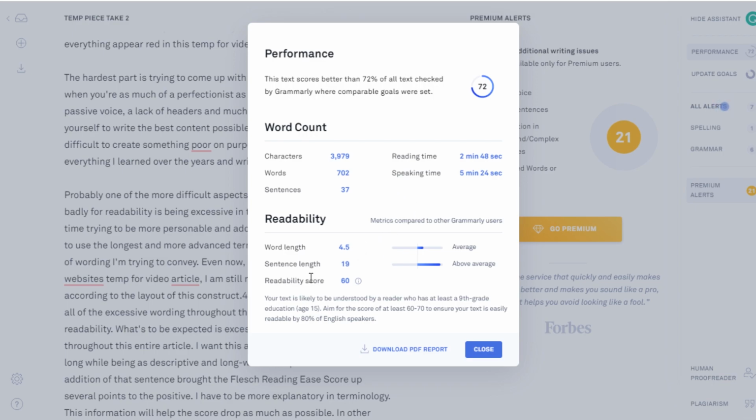Grammarly also comes with a readability score that gauges word length, sentences, and the Flesch Reading Ease test score, which is this guy right here. That's exactly what Yoast SEO said this article was. You can also download the PDF of the report if you want to track your progress or to show to